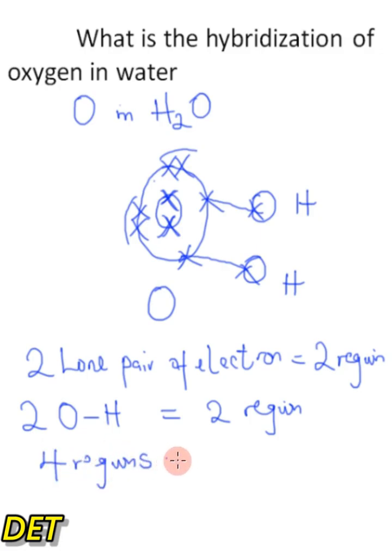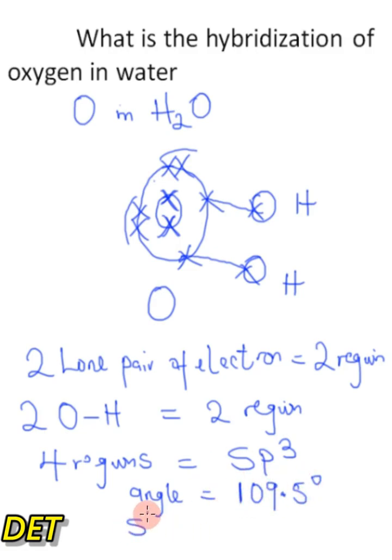So if we add this up, that will give us a total of four regions of electron density. And that is equal to the sp3 hybridization. Three of the p orbitals and an s. So that will give rise to sp3 hybridization. And that will make the bond angle around the oxygen 109.5 degrees. That will make the shape of the molecule tetrahedral, right? So that is how to look for hybridization in inorganic compounds or